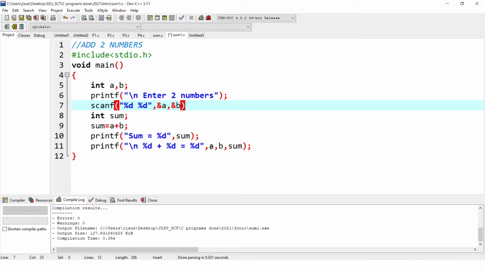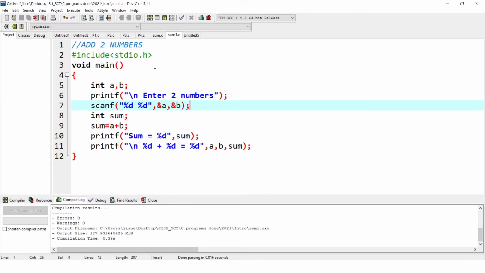So this is the syntax for scanf. Whereas in printf, you directly give the values A, B, sum like that. But for scanf, you are specifying where the values should be saved. So because of that, you give the address-of operator, the ampersand sign, with A and B. And again you end it with a semicolon. So instead of directly giving the value, here you are asking the user to enter two numbers. For that you used scanf. Rest is just the same. You declare sum equal to A plus B, and you will get the output in both formats.